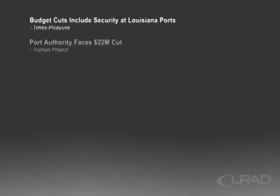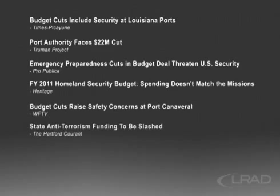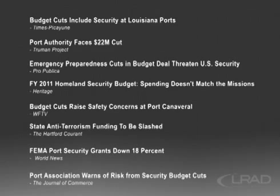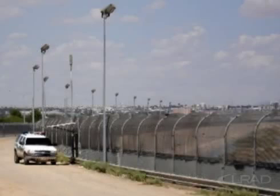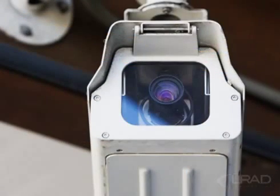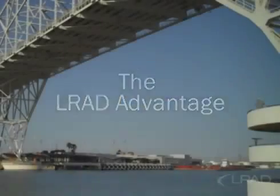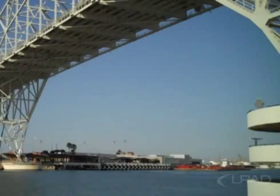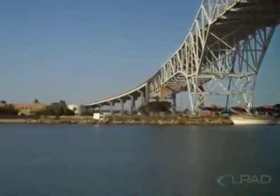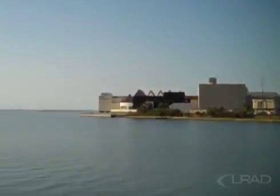With security budgets and resources stretched to the limit, cost-effective wide-area perimeter security solutions are increasingly in demand. Unfortunately, today's perimeter security systems can only provide detection and surveillance capabilities through the integration of radar, motion sensors, cameras, and the like. LRAD Corporation's LRAD RX system delivers a vital capability that enhances security by enabling security personnel to interact with a